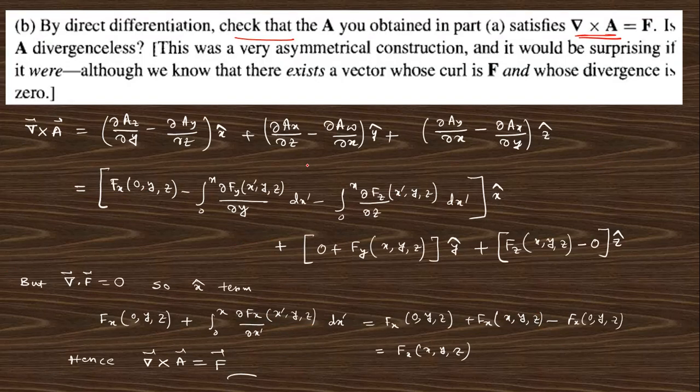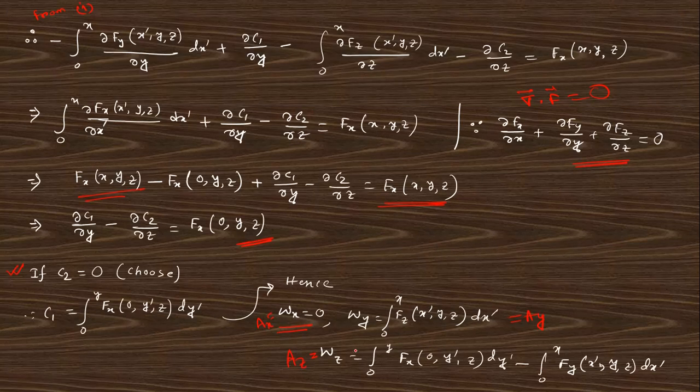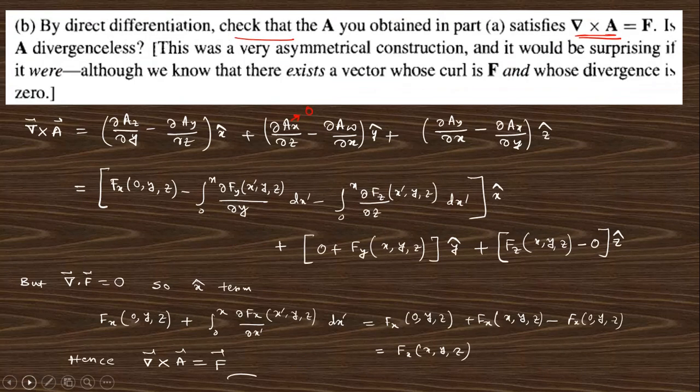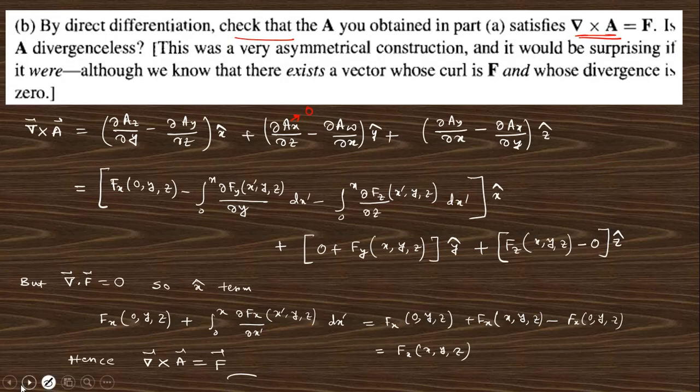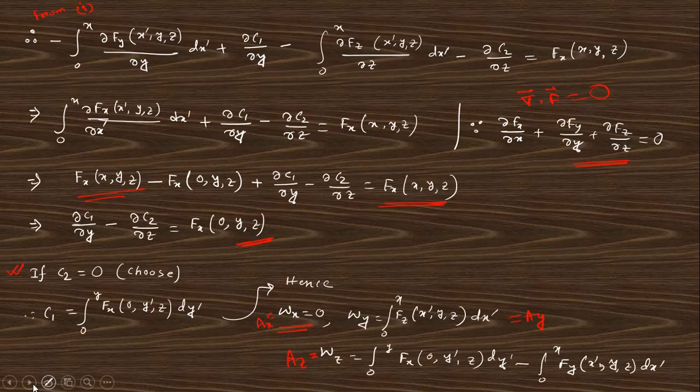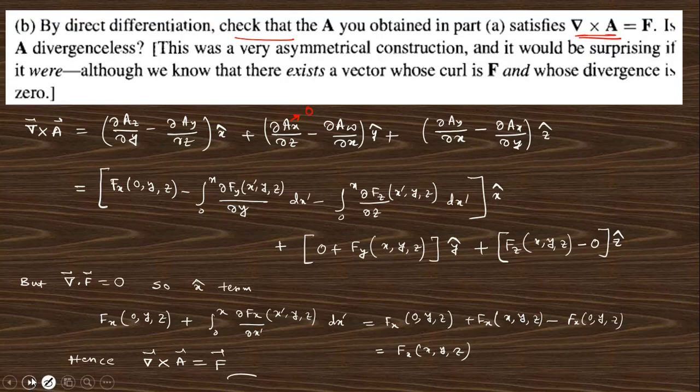Okay, x cap, and for y cap, del ax is 0, and del az del x. There is del z del x equal to f of like that. This is 0, that's why this is 0, and this is fy into this. Okay, so you will get this one, and for del f del x, you will get